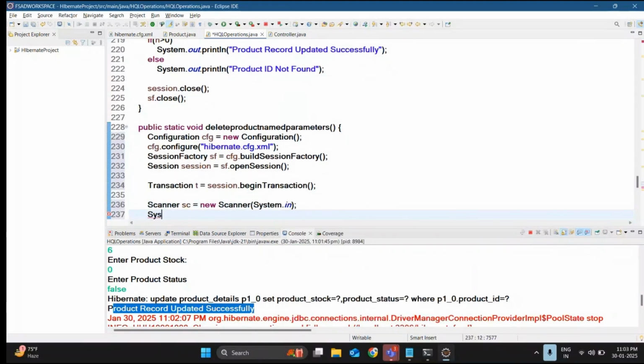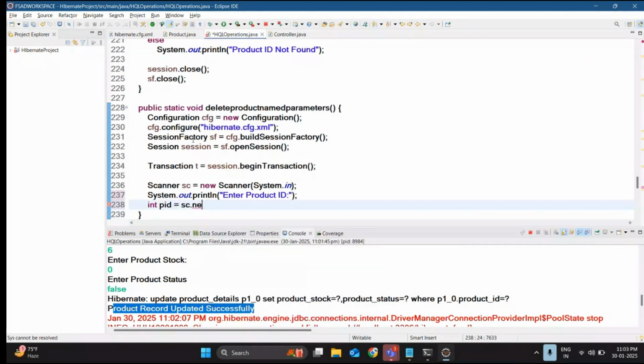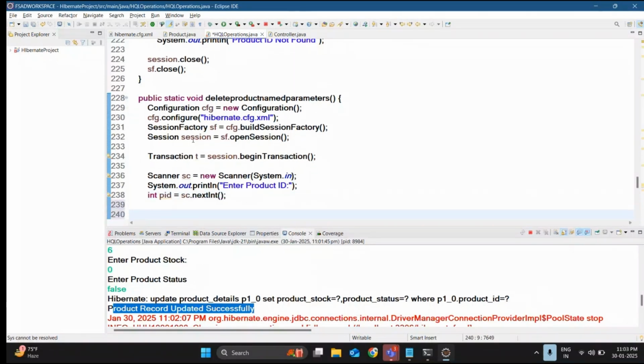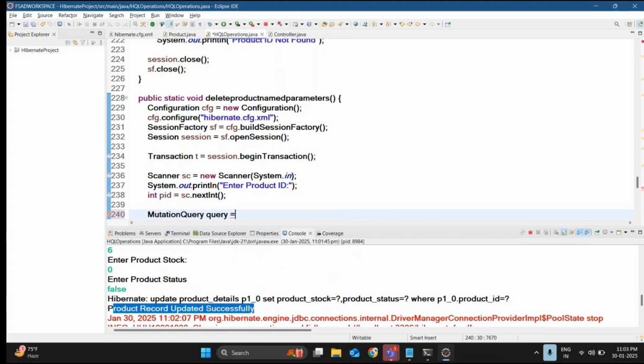Let me take the ID based on the ID number. Enter product ID. Let me check the ID. pid is equal to sc.nextInt(). It is working fine. Let me take a mutation query to delete. Mutation query is equal to session.createMutationQuery in double quotes: delete from Product where